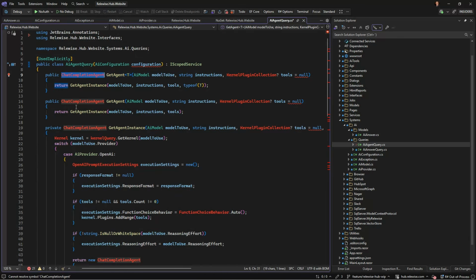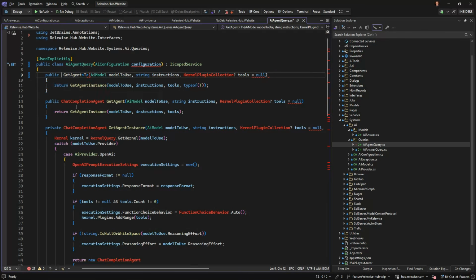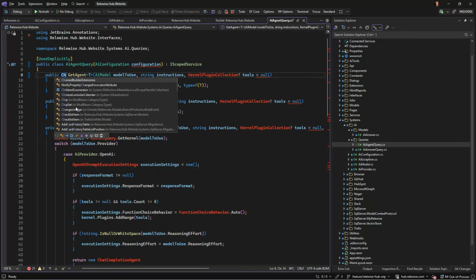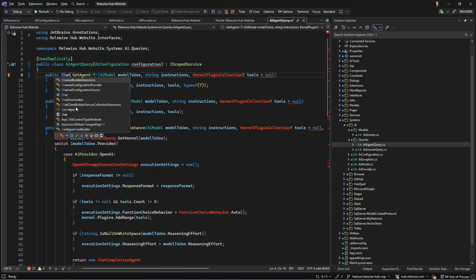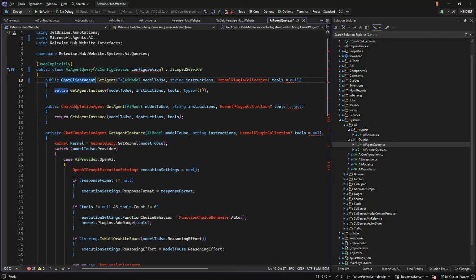And let's try, and I'm gonna use the chat client agent instead of AI engine because I know I have a lot of structured output, so it's probably best that I do that.